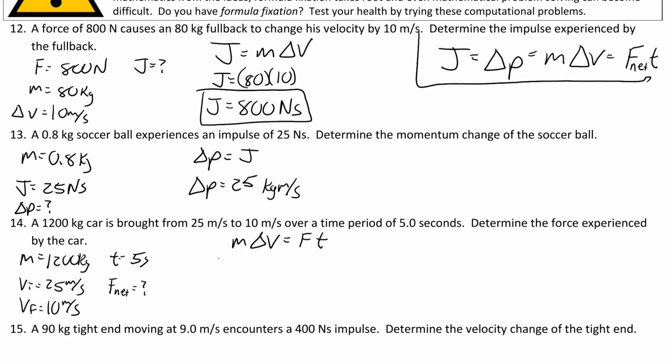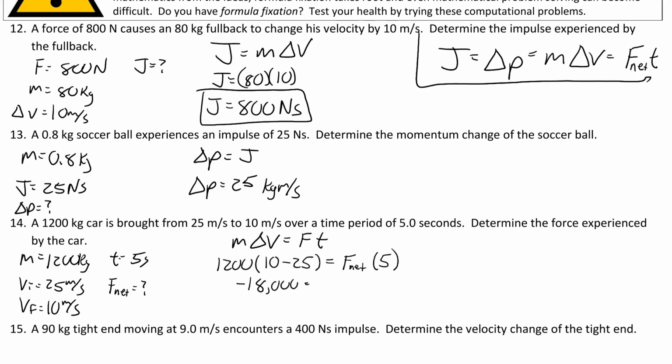So the mass times the final, always do VF minus VI. So VF comes first, so 10 minus 25. That's important because it's going to show you the direction that the force is acting. Is it positive or negative? So the net force times 5. So now you have 1,200 times negative 15. So you get negative 18,000